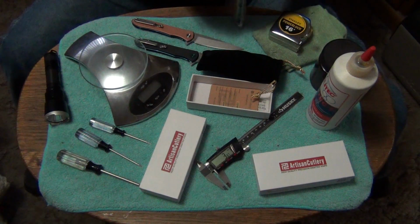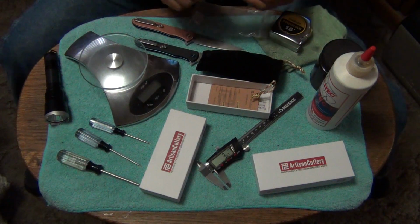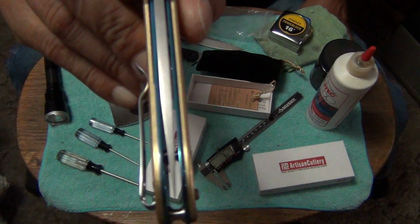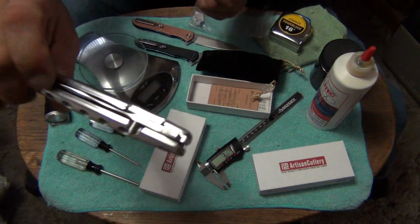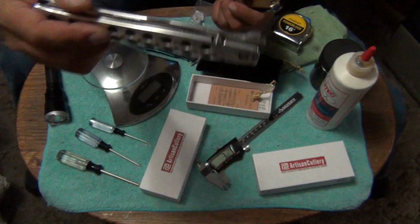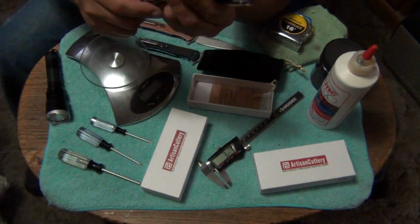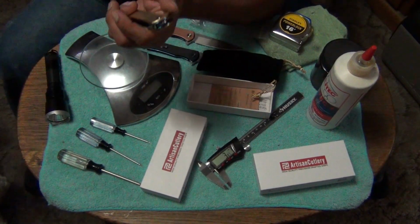This is the brass one. This is the one that's going to be the next 2 videos. Now, you know me, I have all of them in every video, but this one's going to be the one that's going to get modified. And the only thing that's going to get modified on it is going to be like how I did this one. Well, actually, I swapped parts on this one. This one has a different blade than it normally had, because when it was brand new, it looked like this. That one. But this one,